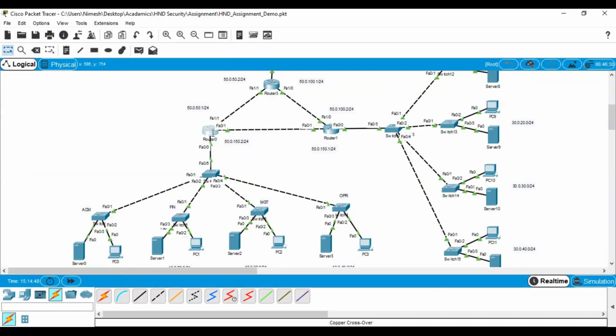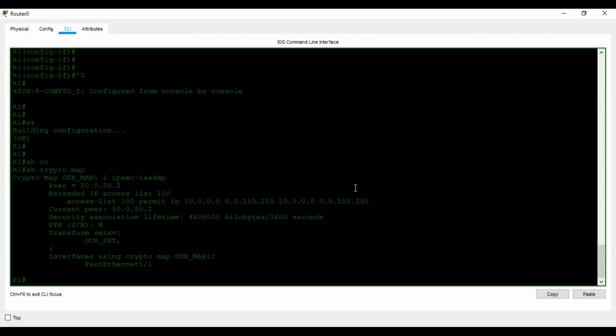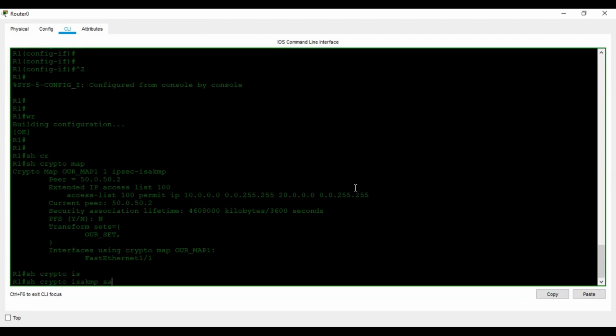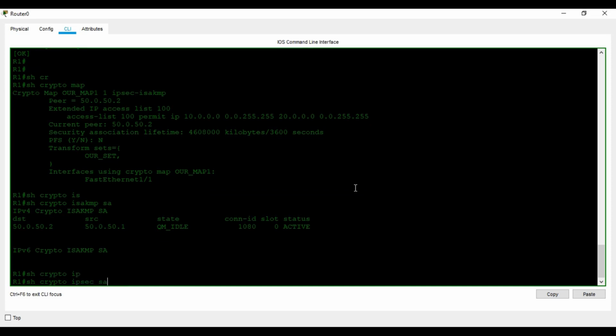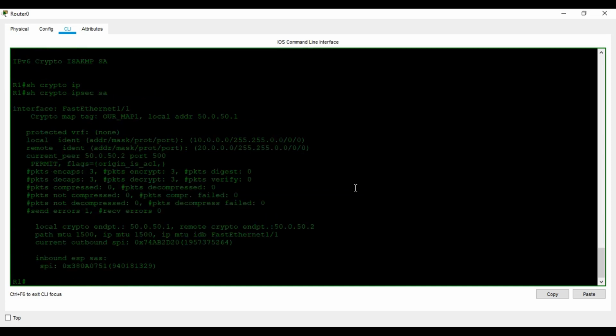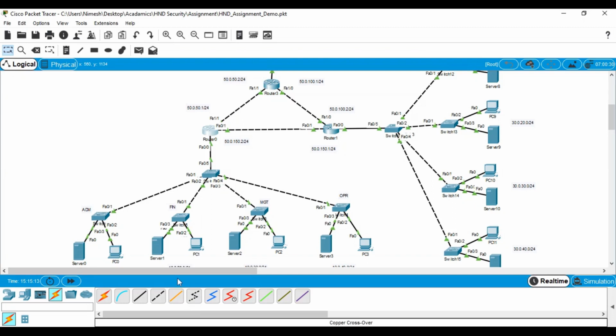And if we go here again, show crypto IPsec security association, you can see we have two destinations. Of course, we can see local address, remote address, the map value and the number of packets decrypted. And of course, if we try again,